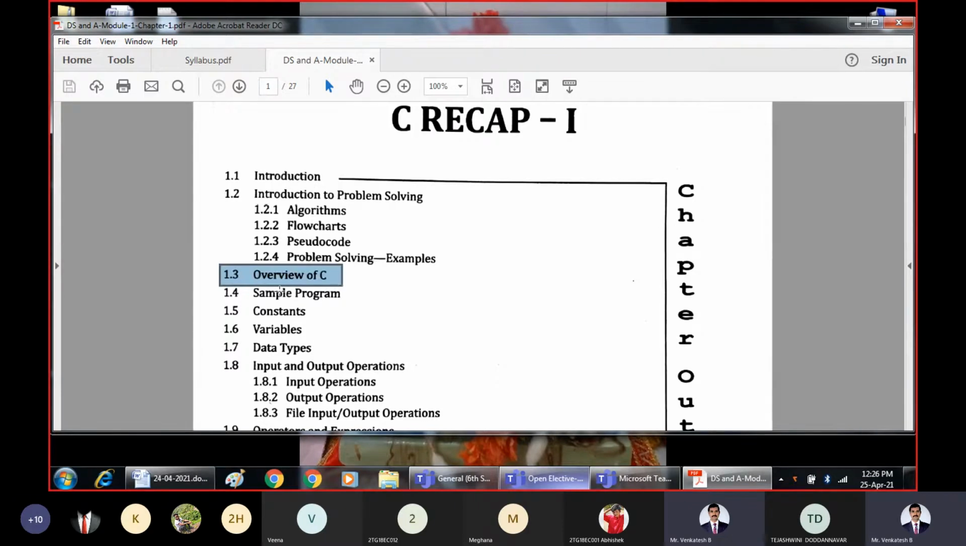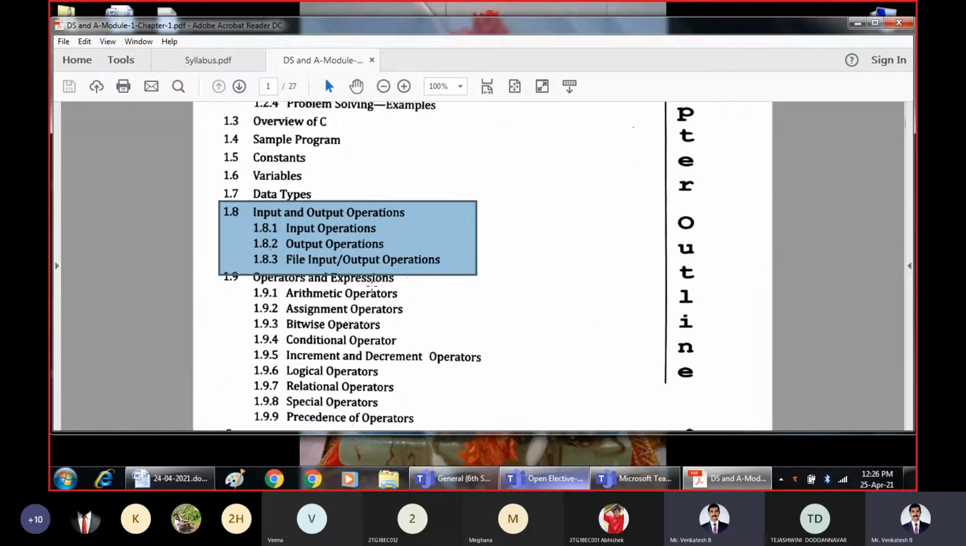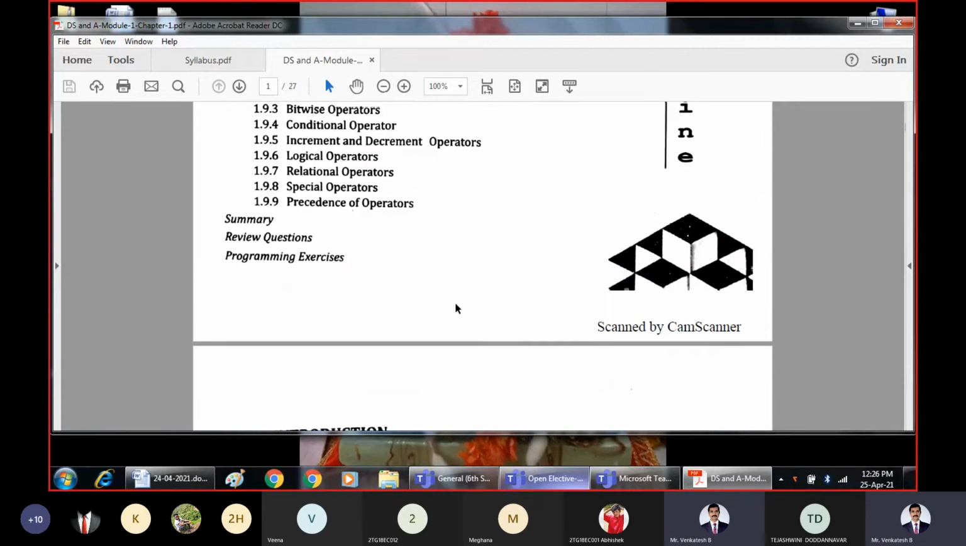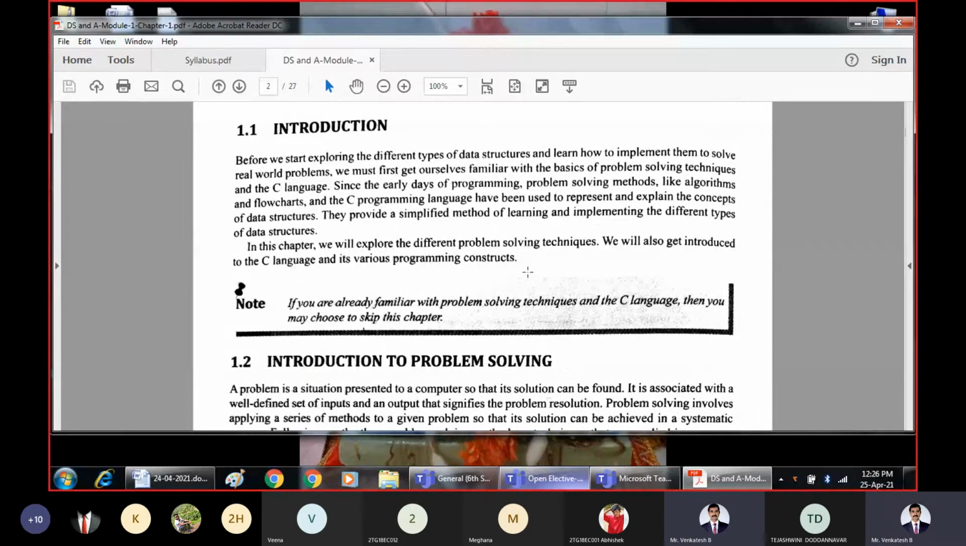And then we'll be studying some programs for explaining constants, variables, data types, and how we can interact with the program, that is by using input-output operations like printf and scanf. Then we'll study different operators and expressions. Right? So, as I told earlier, before you start with the data structure, let us see the definition of data